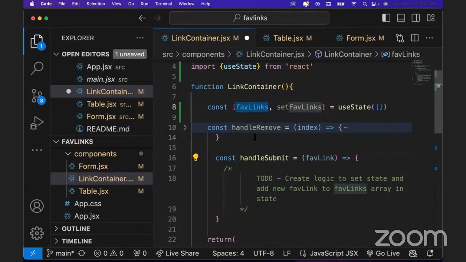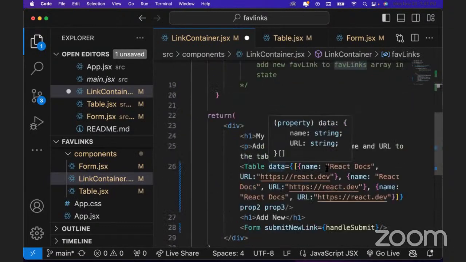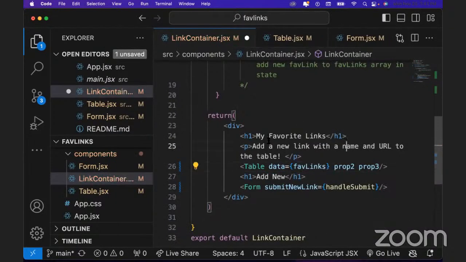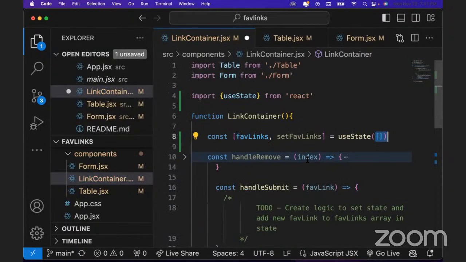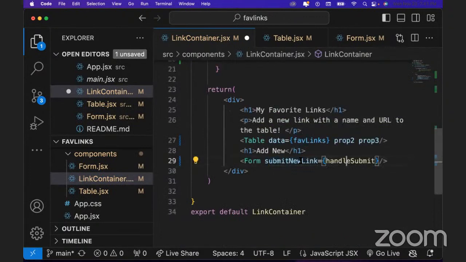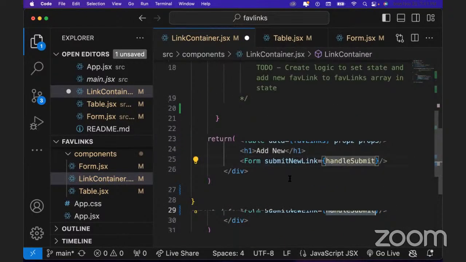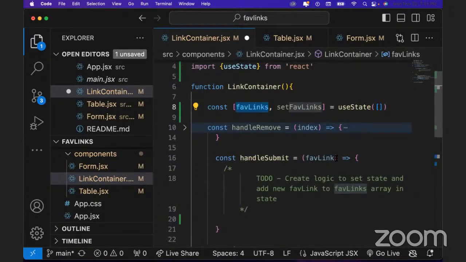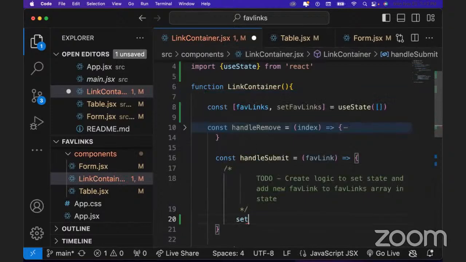Well, this gives me an array that I can use, so I can say, hey, table, here is the array that you're going to use. It's going to be this fave links array that I just defined as a piece of state. But now, whenever the handle submit gets called for the form, through submit new link or whatever I ended up calling it, handle submit is going to get a new fave link. And I'm going to say, okay, cool. Well, now I want to set this array of fave links to include this one that just got created. To do that, I could say set fave links,